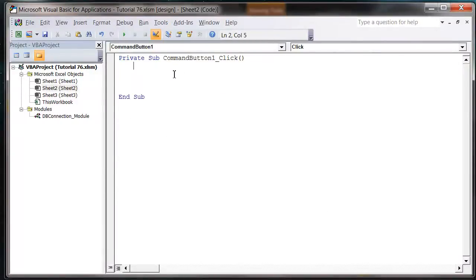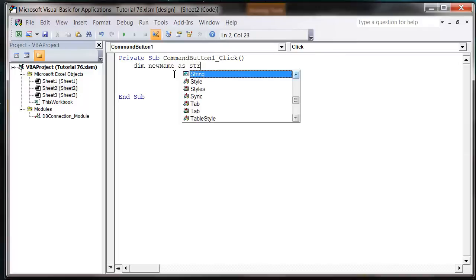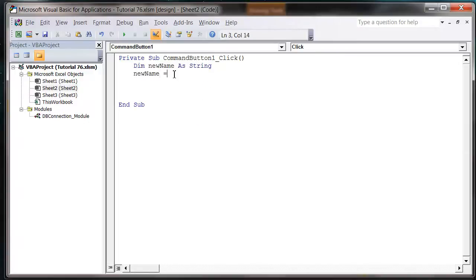So we're going to first of all go Dim newName As String, and then newName equals InputBox, "Please advise new name". You could do it from a text box on the sheet and then copy it that way rather than doing it this way, but I'm just going to do it this way because it's quicker and lazier. But we then want to put in our SQL string, so